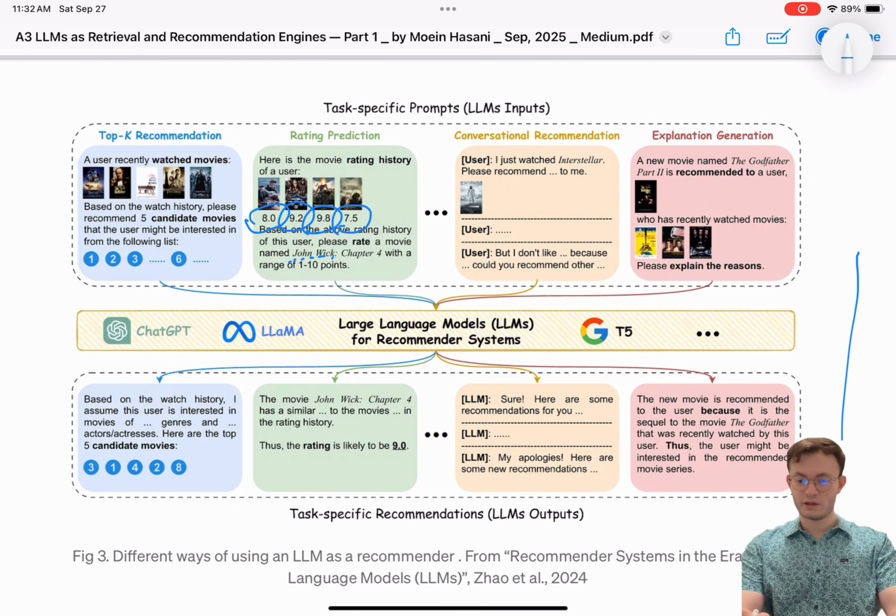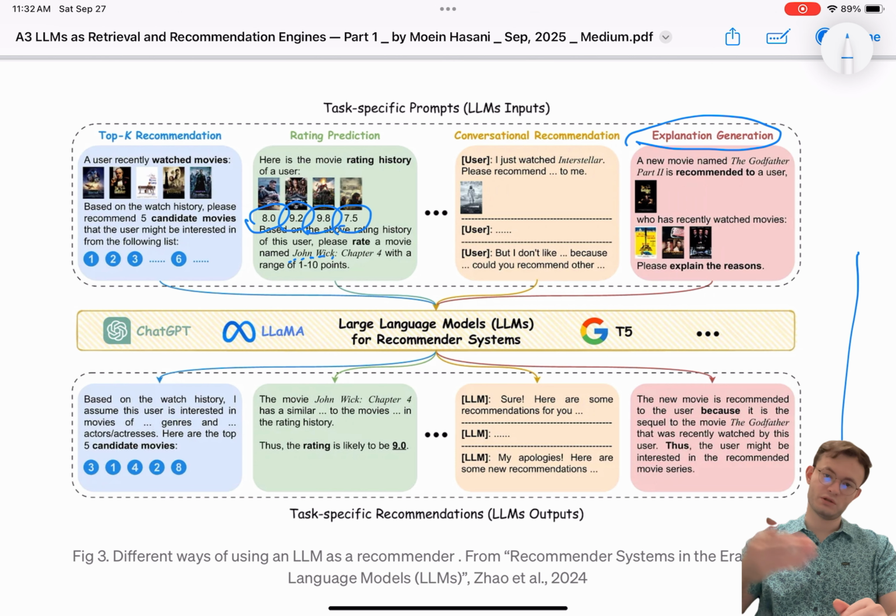And then explanation generation is like, hey, the user liked this, tell us why. This is useful, like the last case. Usually your users will ask, hey, your model is showing me this item. Why is that? And then you can generate an explanation: this is because you like this and that. Like Instagram, I think, used to have it. Maybe they still do, but yeah.